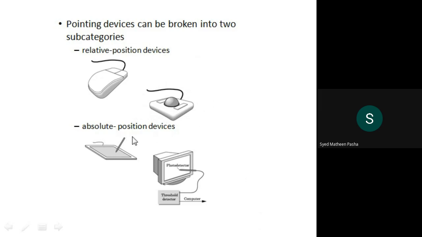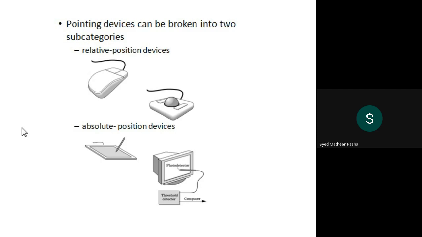If I consider this as an iPad, as I told, it is an example of pointing input devices. You can check out the pen, with the help of which you can draw or write onto the screen. Another example is touch-screen laptops or mobile phones, with the help of which you can give input directly to the system.